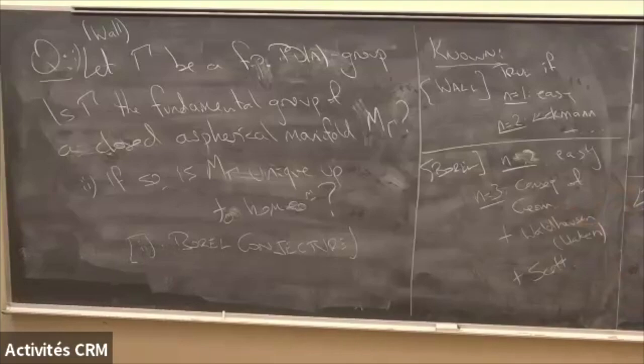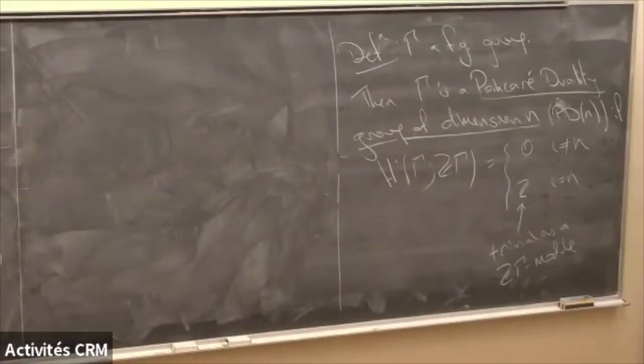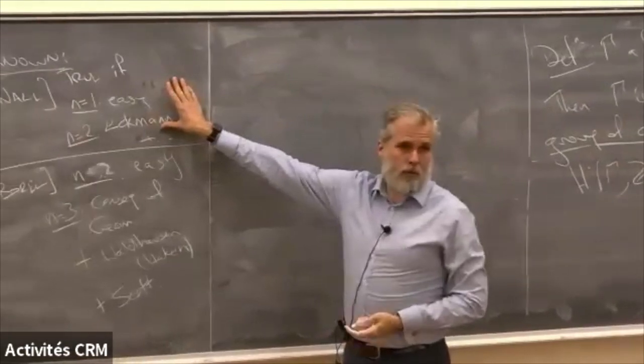Nathan, is that true? You still need Scott even post geometrization to do the Borel conjecture? Yeah, I think you do, but I'm not sure. Okay, all right. I'm going to erase my questions. There's 2 questions. I'm not going to talk more about the Borel conjecture, because we're going to focus on n equals 3. The Borel conjecture is known when n equals 3, and I'm not going to say more about that. The Wall conjecture is open when n equals 3.